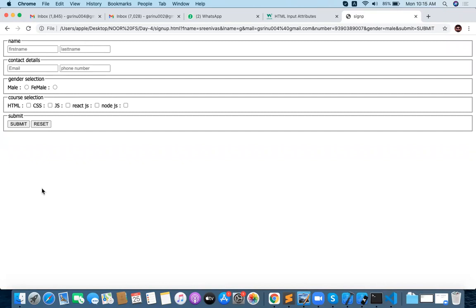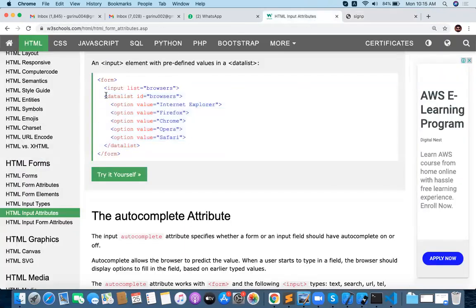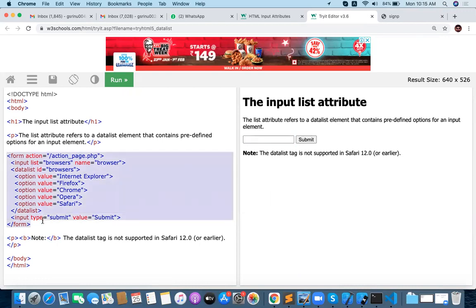And if you want, you can give the required field also to these things, compulsory required fields, gender selection, all the things. Okay, this is the way of designing the form. Very simple, straightforward only, and we will see a lot of different kinds of attributes also inside the form. Something like you can provide a datalist also. What is the datalist? Datalist is something like this. So you can go with the datalist. Okay, let me go with the form, this one.